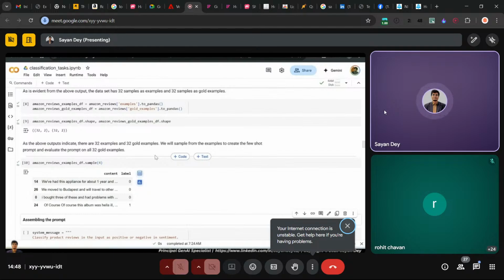So we have the content and we have the label. The content is nothing but the actual review. This is a long review a customer has written. So the content is a long review the customer has written, and the label is basically the sentiment. Is it positive? Is it negative? That's the idea. Okay. And you can see it's obvious that the 0 means